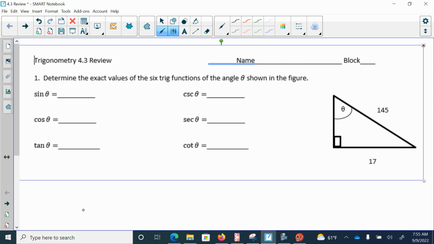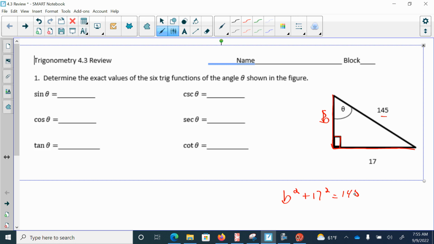figure below. So the first thing I'm going to do is find this missing side. I'm going to call this B for right now, and I'm going to do the Pythagorean theorem. Just a reminder that when I have this triangle, these are my legs. So I'm going to do b squared, a leg, plus 17 squared, another leg, is equal to my hypotenuse, which